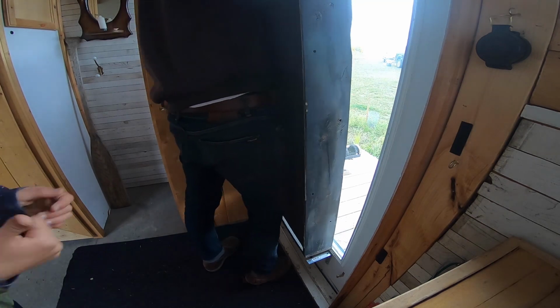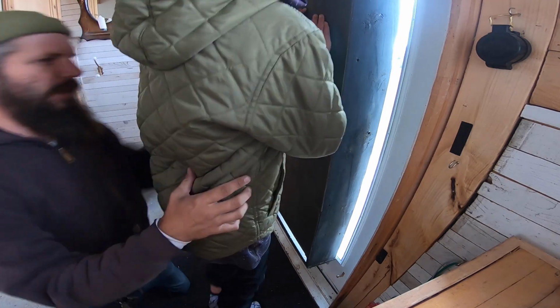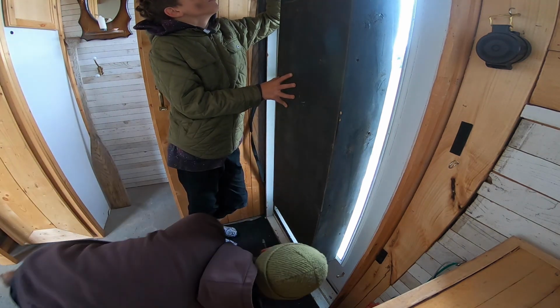Yeah, because otherwise... a little bit this way, a little bit. Okay, just hold that there, Elliot. Can you come on the other side? Just a second, Jasper, okay? Right in the middle of something. Okay. All right, so...